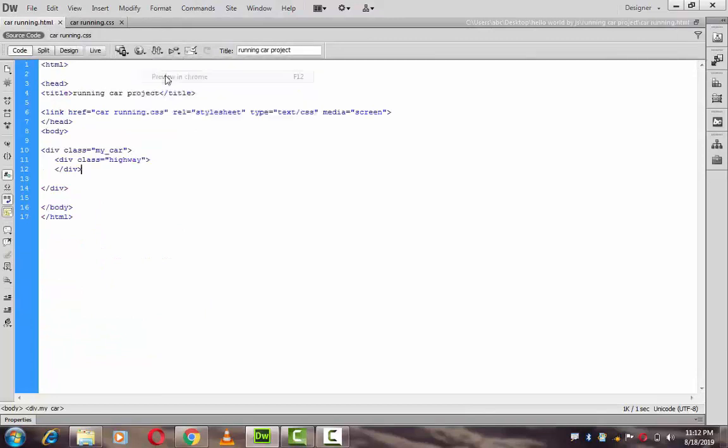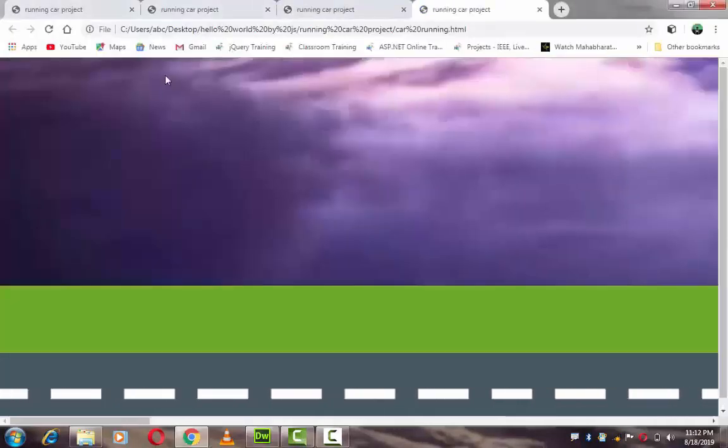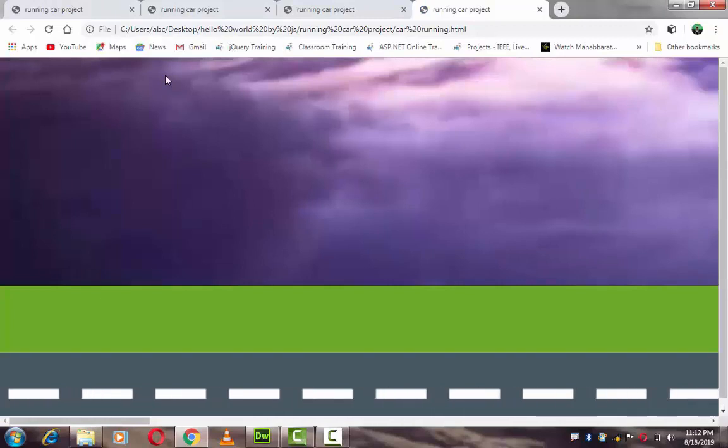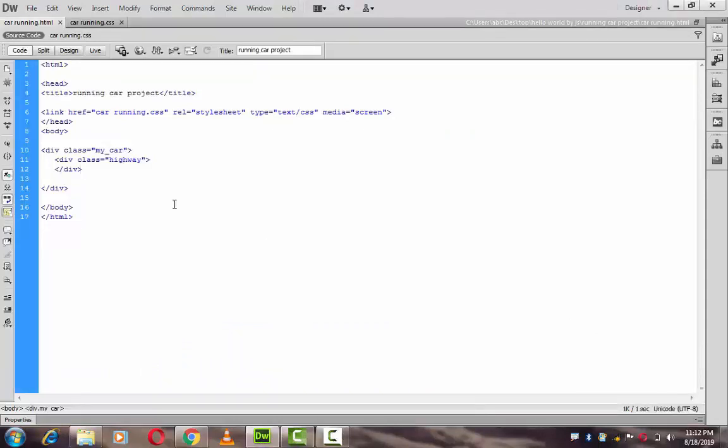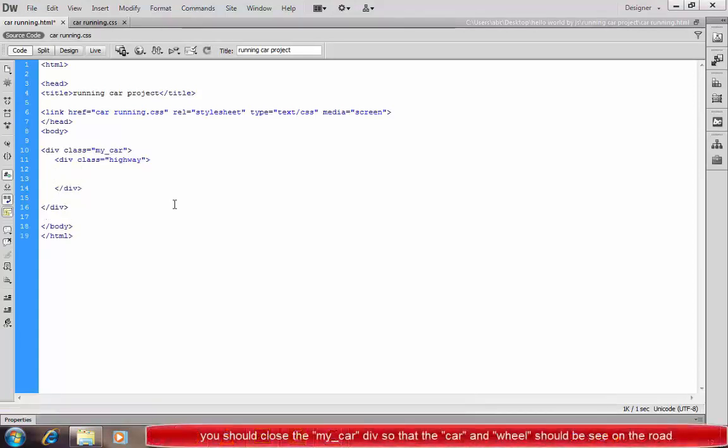And transform X means it runs on the x-axis only, so you can see that it can run on the x-axis only. And after giving the class name, after highway we use a div with class, and we give the class name as city here, and I close the div by using /div.